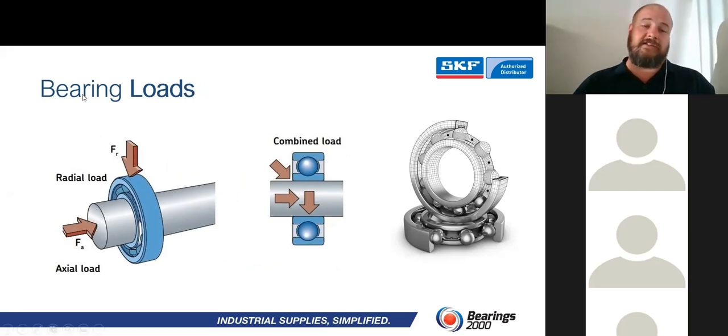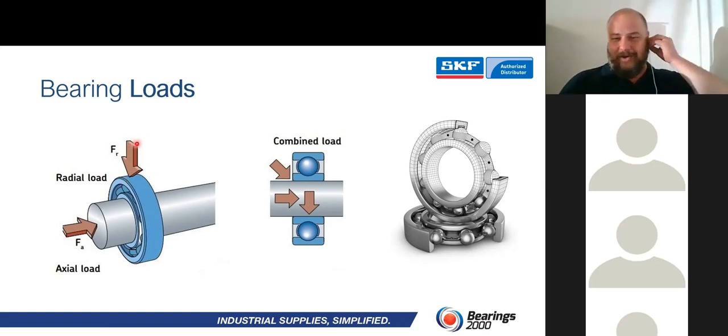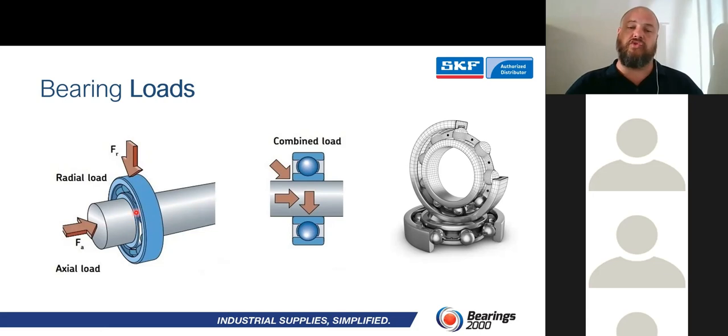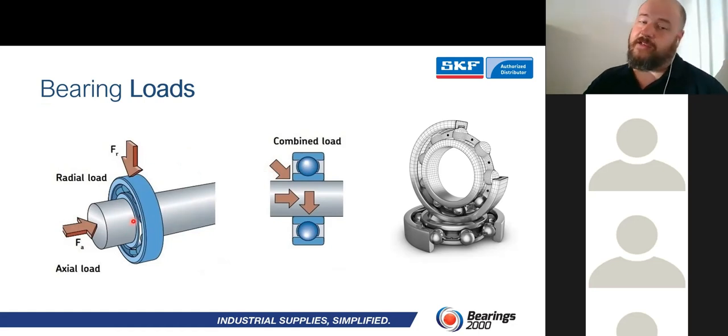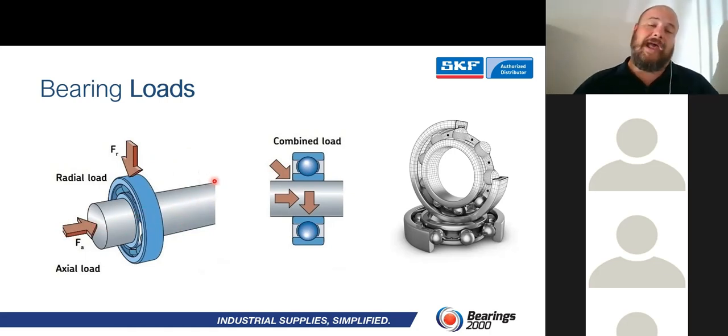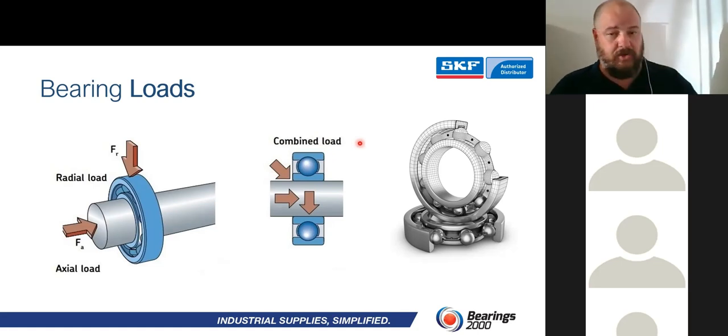So once we look at these, we're looking at a radial load, which is not a load from the top, guys. It is actually a load running 90 degrees to the shaft, or on the circumference of the bearing, and your axial load is parallel to the shaft. So if this was a vertical shaft, your radial load would be from the side and not from the top. It would be at a 90-degree angle to the shaft, and your axial load would be parallel. And then of course you have applications with a combined load, which is self-explanatory, combining the radial load with the axial load.